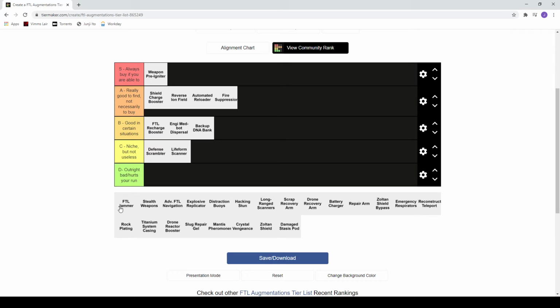Okay, FTL Jammer. So FTL Jammer gives you an extra jump or two every sector by jamming... Or wait, no, that is not. That's a different one. That's the fleet one. FTL Jammer here, it jams enemy...